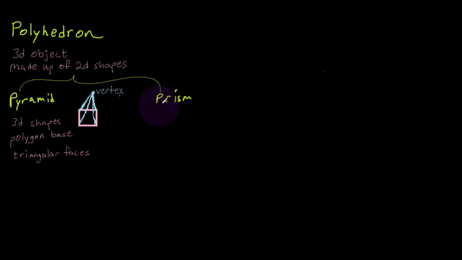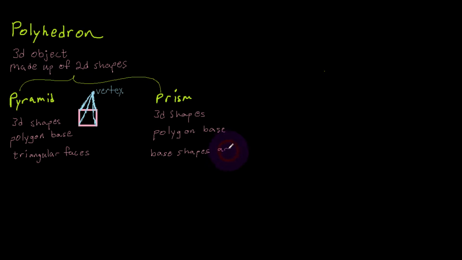So I'm going to change my colors back to pink, and I'm going to put down 3D. It's a 3D shape because it's a polyhedron. So we have 3D shapes, and prisms have polygon bases as well. These base shapes are identical. So I'm going to write down that the base shapes are congruent and parallel, and the other faces for this prism are either rectangles,